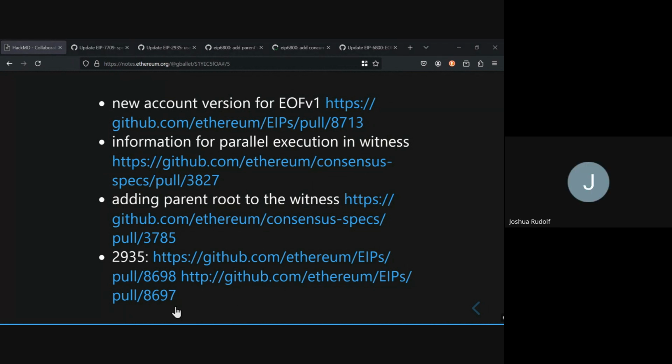Do you mind sharing the link to the HackMD and I guess opening it up? Yes, I should do that. Absolutely, I will do that in a minute. Cool. I just think you have to update the permissions to it as well.